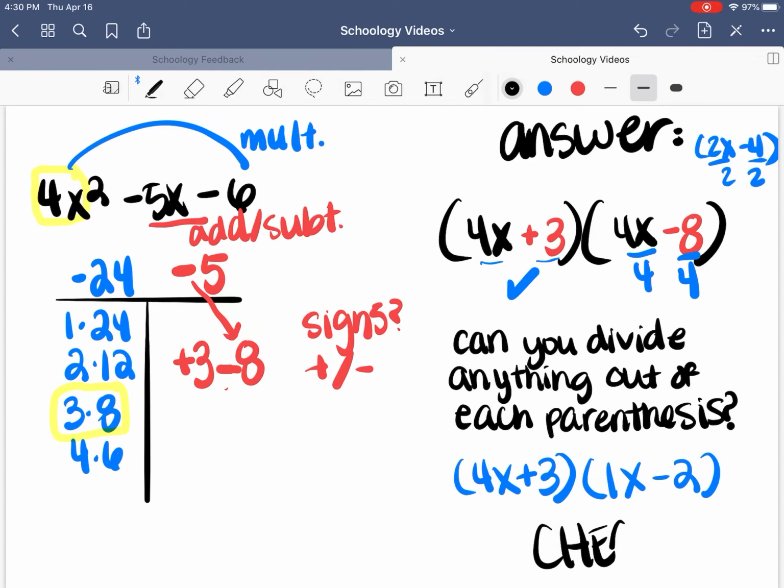But make sure you check your work at the end. You can check the first two numbers. What's 4x times 1x? I get this 4x squared. And you can check your last two numbers. What's positive 3 times negative 2? Negative 6. So that means that you got